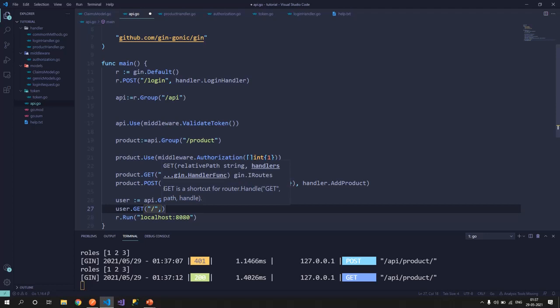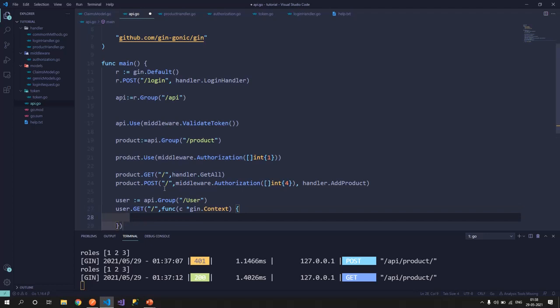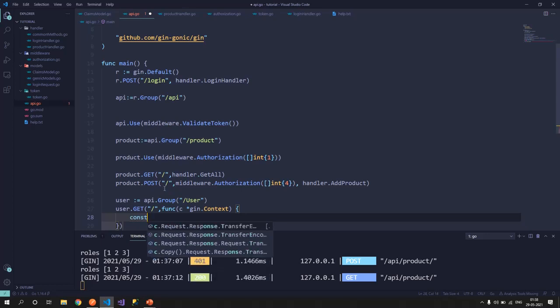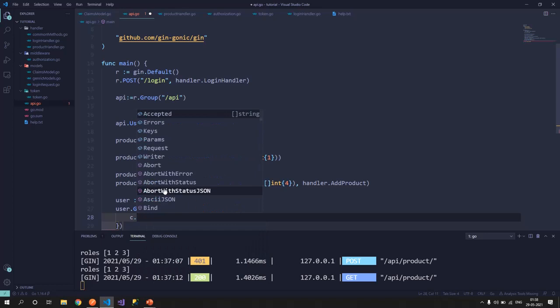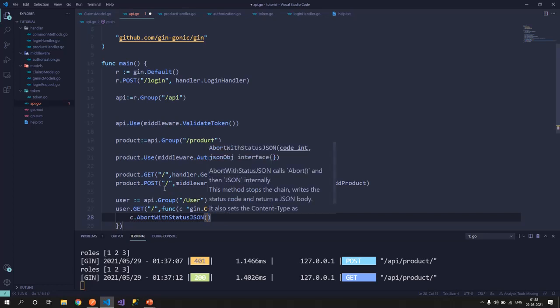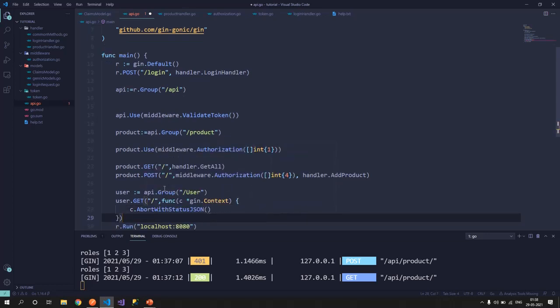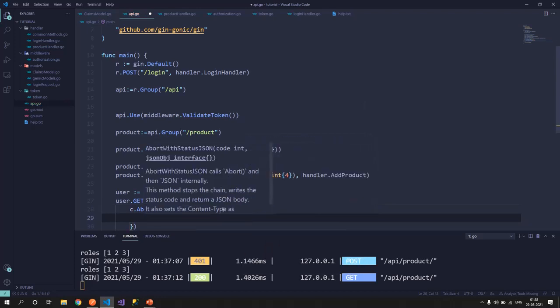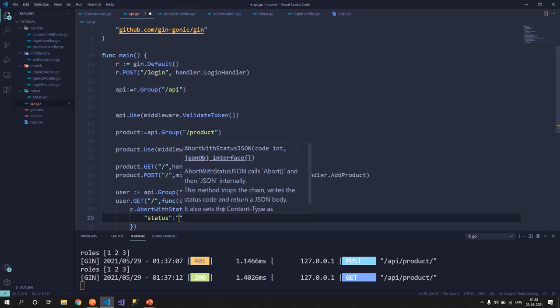I have not created a handler function, so I'll create the one for you over here, and this would just return c dot AbortWithStatusJSON. Now this function expects the HTTP code, let's say 200 I would send in as status code, and then the model. So gin.H is a generic model sort of map, and we'll say status as okay.